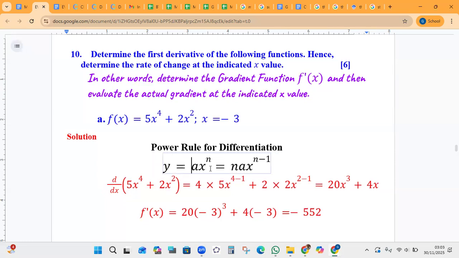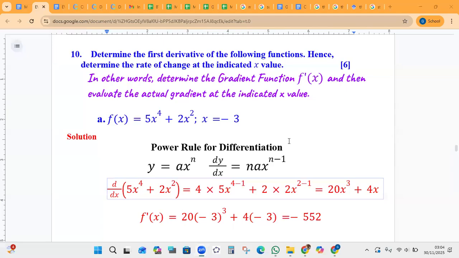Therefore dy dx is equal to nax raised to the n minus 1. What do you do? You take the power, multiply it to the coefficient, and then subtract 1 from